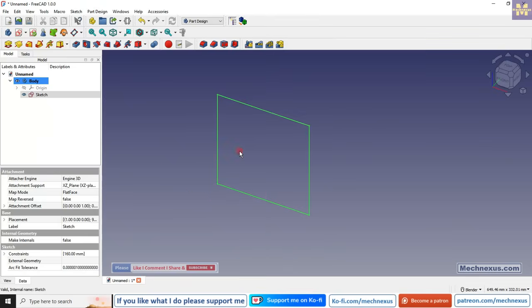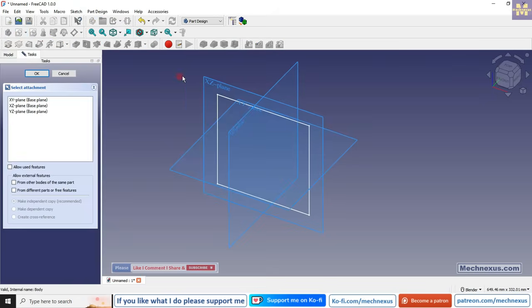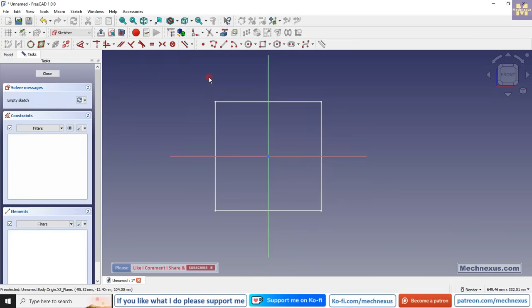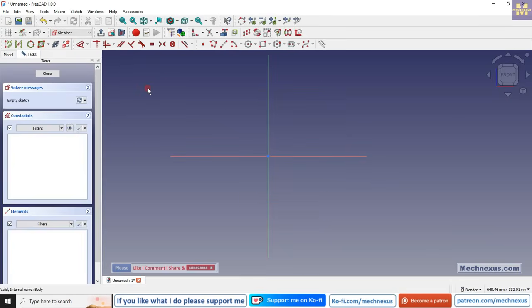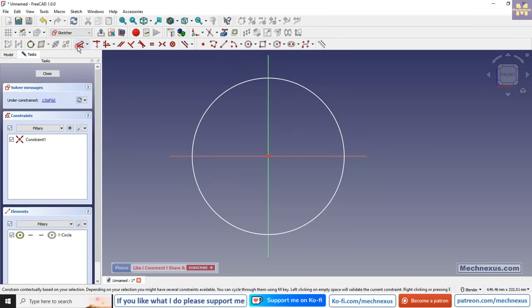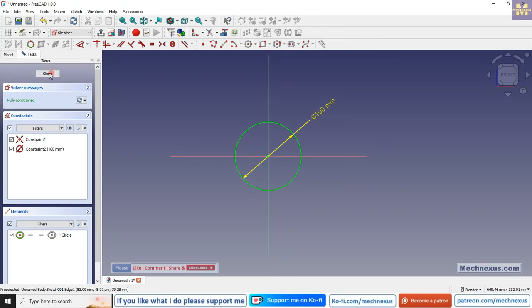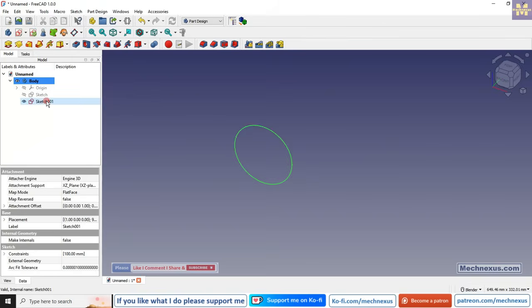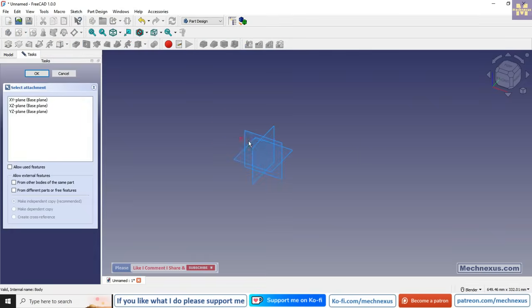We will close it, and now let's create one more sketch on the front plane, and let's hide our first sketch. And now we will create one circle and select a smart dimension and provide it 100 mm diameter, and then close it, and let's hide this sketch, and we will create one more sketch on